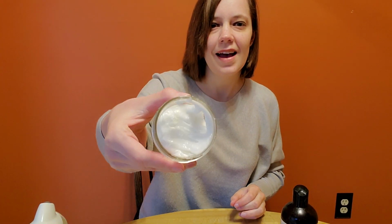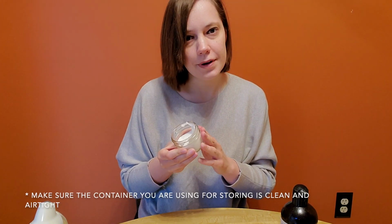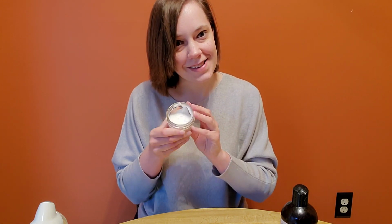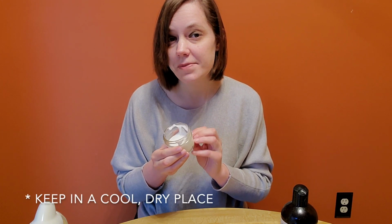So here I have my finished product, and I have a 4-ounce mason jar here. Before I put my face mask in it, I made sure to clean it out with just some warm soapy water and dry it thoroughly. But it's nice and mixed up, and if I keep this in a cool, dry place, this should last me